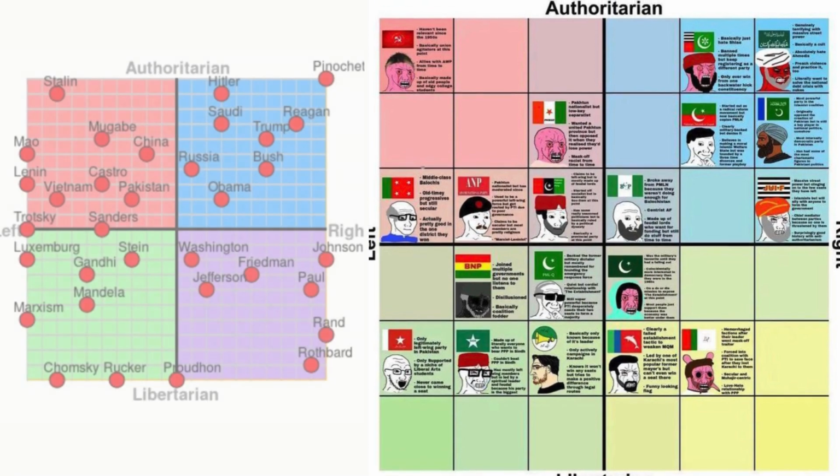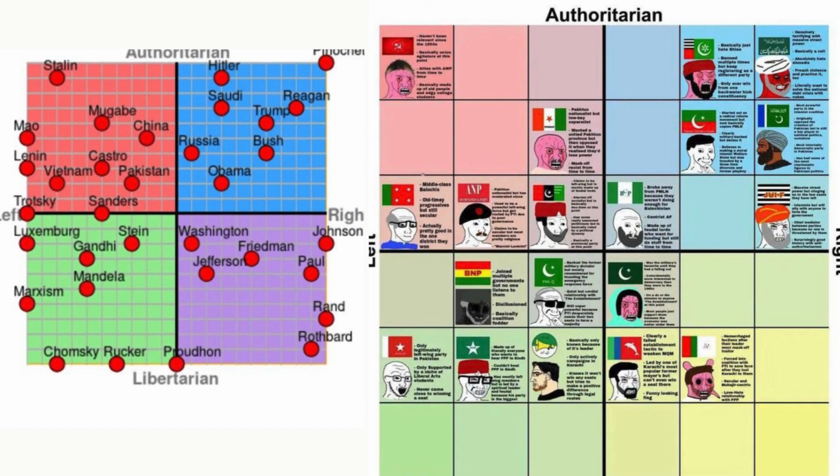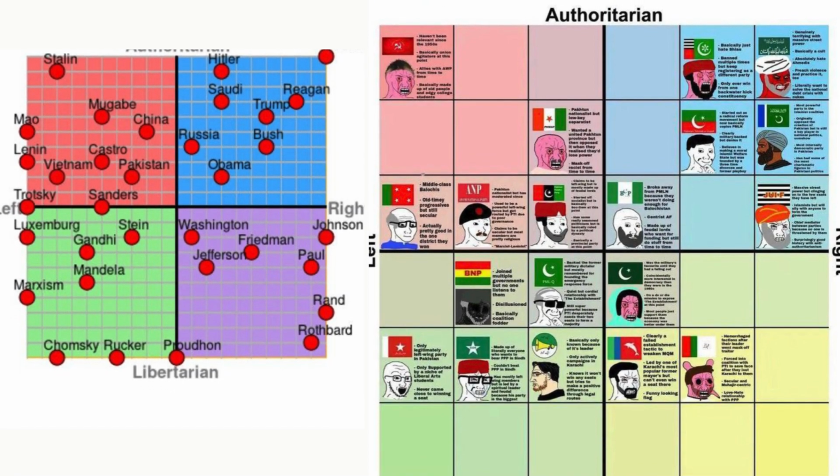This doesn't necessarily mean that you'll always agree with your parents or siblings on every political issue, but it does suggest that the environment you grow up in, the conversations around the dinner table, the values instilled in you, all play a significant role in shaping your political worldview. Think about it. These early influences can set the stage for your political leanings, determining whether you lean left, right, or find yourself somewhere in the middle. It's a fascinating blend of nature and nurture, genetics and environment that shapes our political identities.